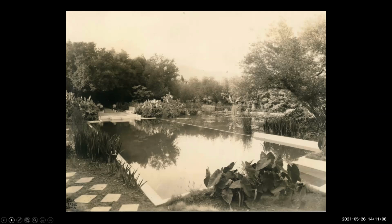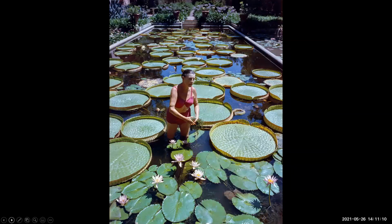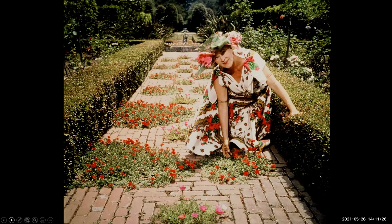But then, of course, in 1941, Ganna Walska bought the property. Madame Ganna Walska, she was a Polish opera star, a fascinating person, and did a lot for women's rights. I'd encourage you to read more about her. I'm not going to talk too much about her here. But she was very, I don't want to say eccentric, but